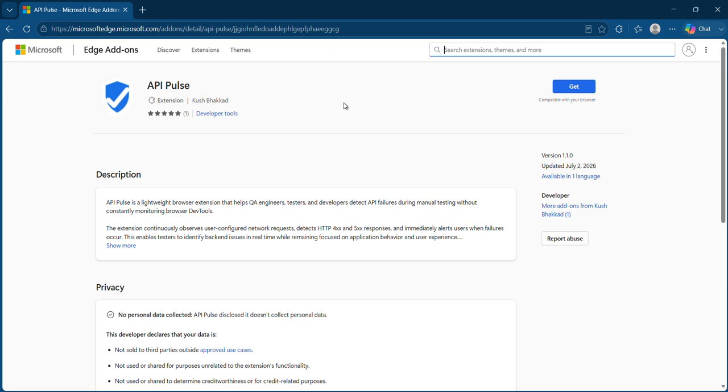Hello everyone, this is a short demo of API Pulse, an extension built to detect if there are any failing APIs behind the screen when the UI seems normal, without the need to open the inspect tab. So you can go on to Edge add-ons and search for API Pulse and get the extension,